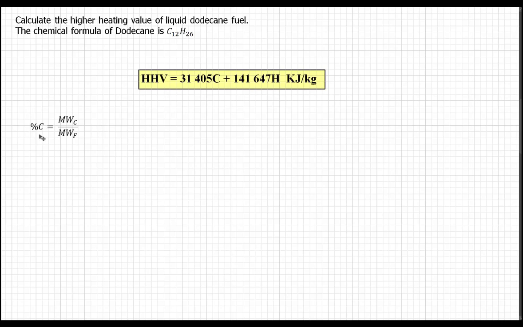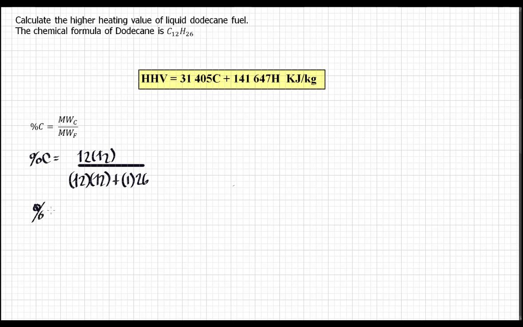Now to get the percentage of your carbon, that will be the molecular weight of the carbon divided by the molecular weight of your fuel. This is not a volumetric analysis. So we have the molecular weight of carbon, which is 12, times 12, divided by the molecular weight of your fuel, which is 12 times 12 plus 26 times 1. So using our calculator,